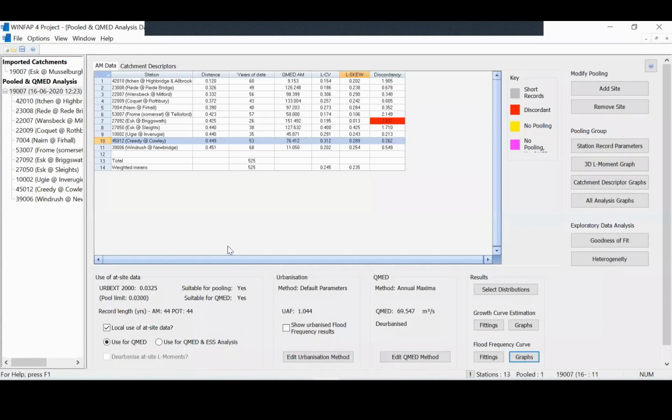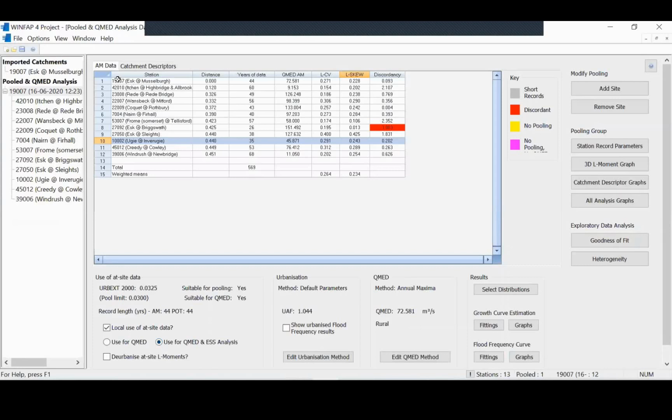Now, this station, it does have 45 years of data, so it would not make sense really to ignore it completely, especially if it is suitable for pooling, which it has been classed as suitable for pooling in the NRFA. So currently we're just using it for QMed, so we're using the record to derive QMed using the AMAX series, but what we really would probably opt to do is use it for QMed and an enhanced single site analysis. So when I click this option here,